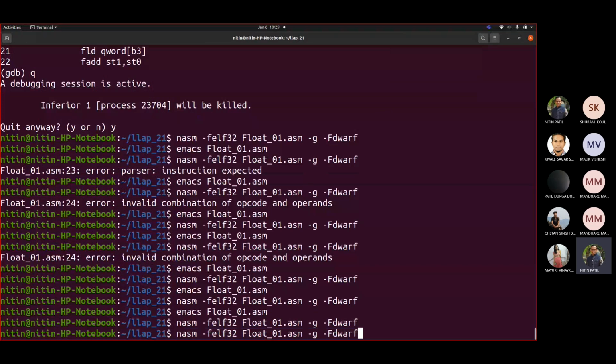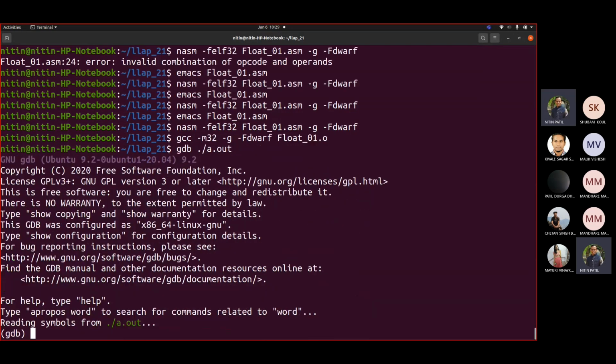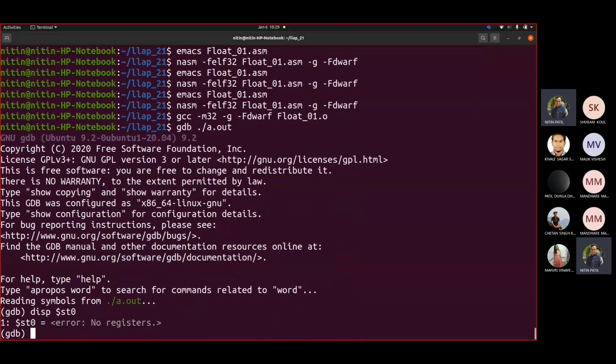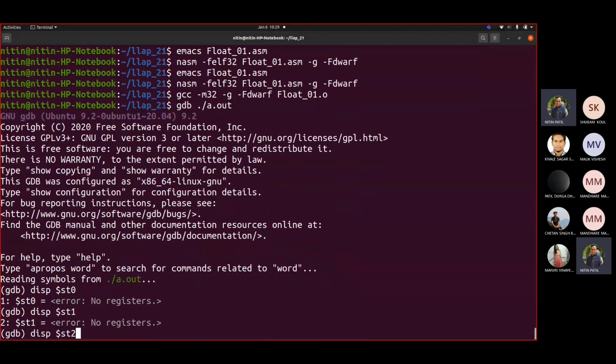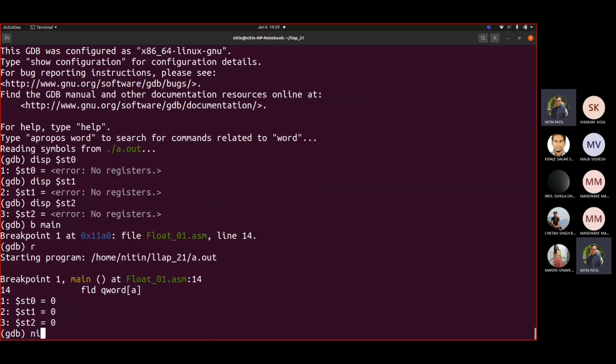NASM, GCC, GDB, display $st0, st1, st2. I will take st2 only. Fine. Breakpoint main, run.